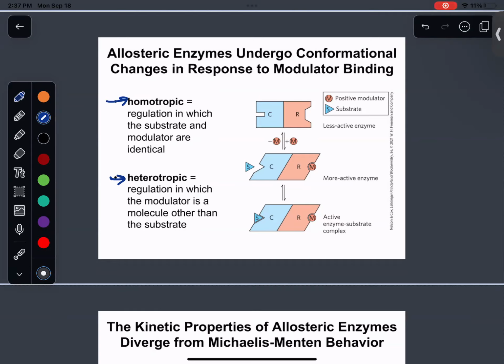And that should kind of ring a bell, right? In terms of the homotropic binding of hemoglobin. You remember that? I won't get into it too much because it's not really an enzyme. But if you're watching this at home before your exam, you should know what I mean by that. The cooperative binding of oxygen on hemoglobin, right? And how it changes the affinity and the way the hemoglobin molecule works. Just as a little side note. But if you don't really know what I'm talking about, it's a good time to go back and rewatch.